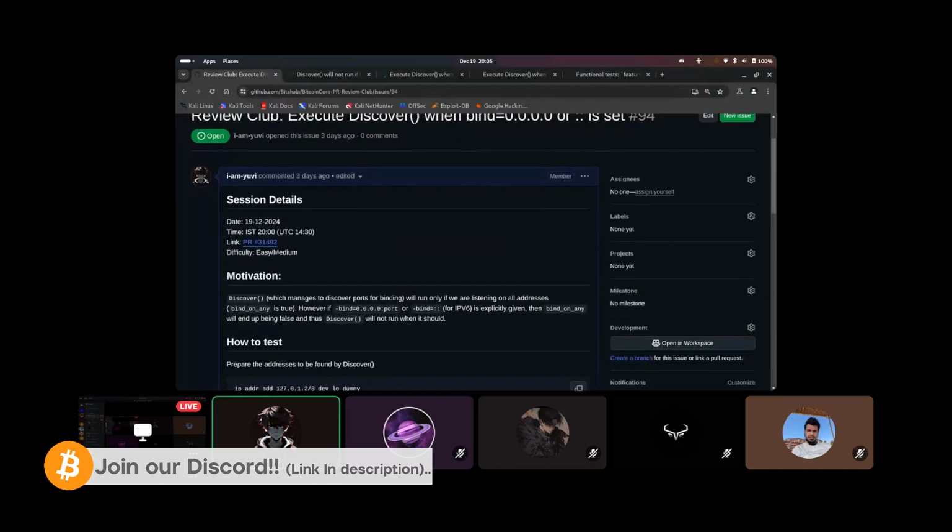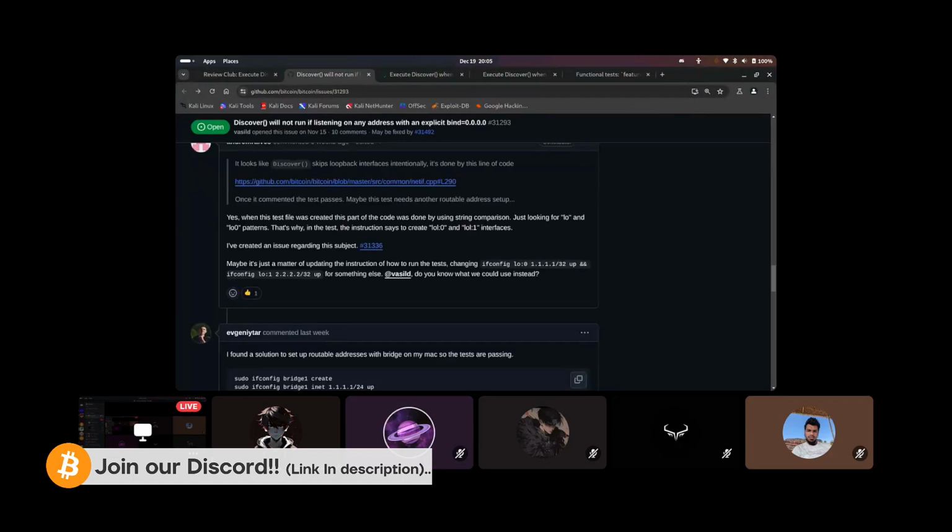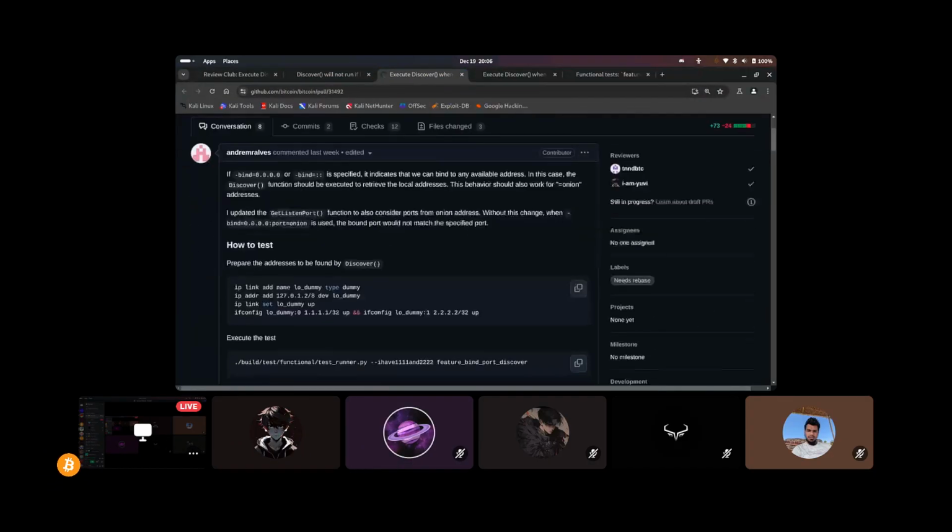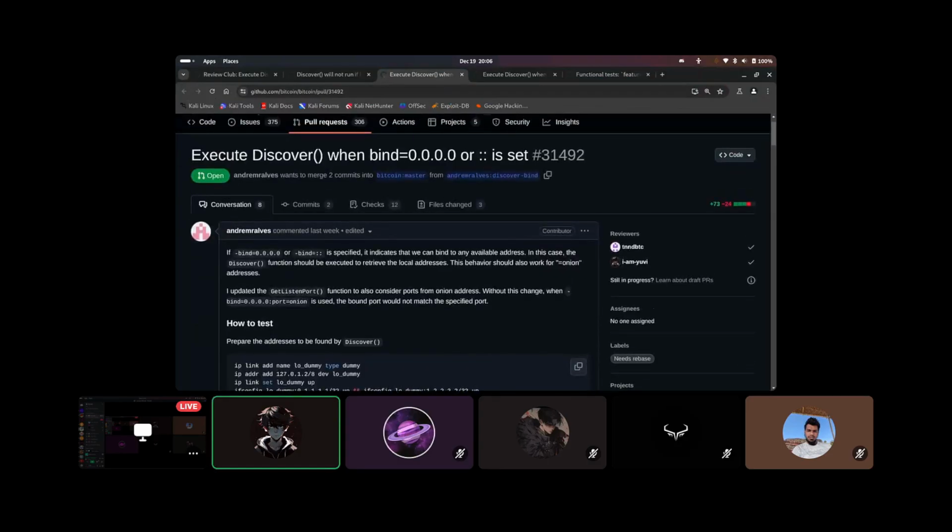So the motivation of this PR is basically, the bind is an RPC flag which binds your Bitcoin node to the available network interface, so that it can listen on that interface. It can listen to all the P2P messages, transactions, and all that stuff. So the problem was